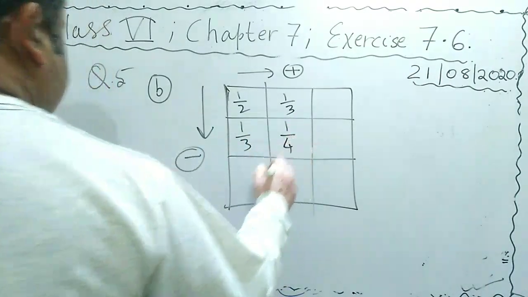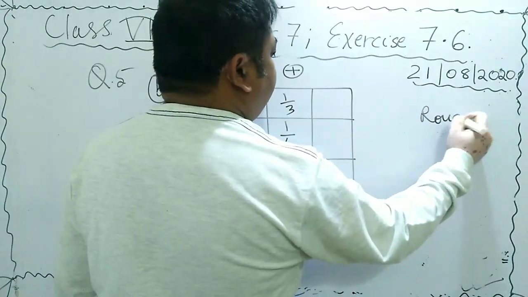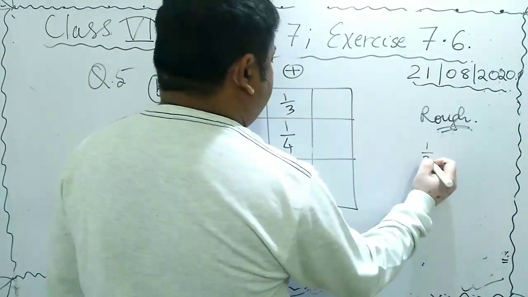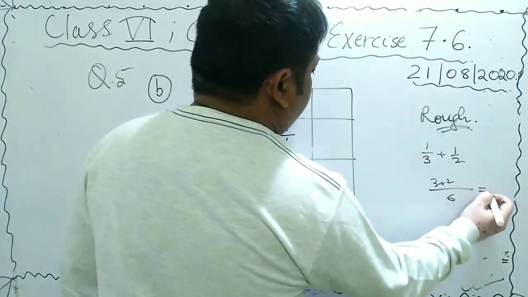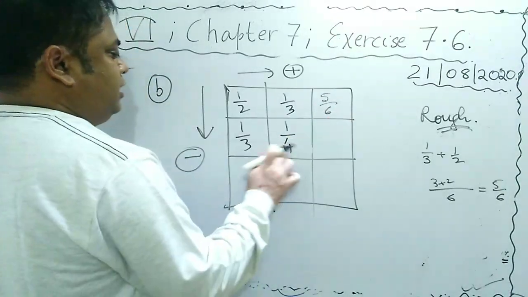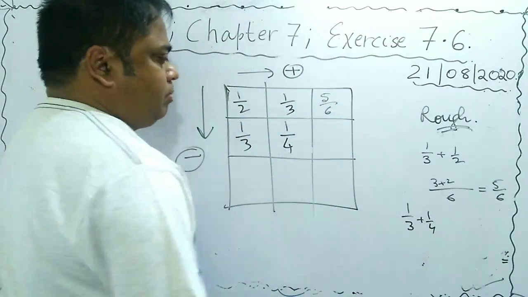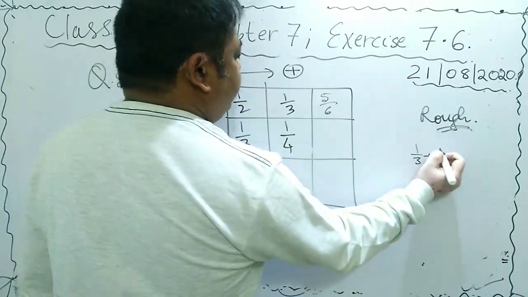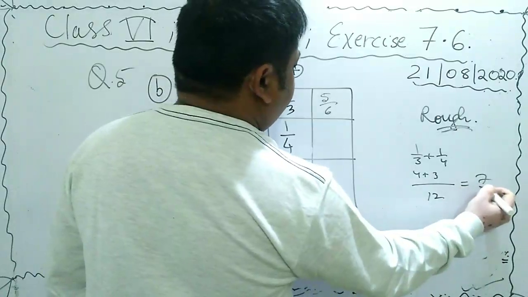पहले वाले क्वेश्चन में डिनोमिनेटर सेम थे, अब डिनोमिनेटर डिफरेंट हो गया, यानी कि हमें रफ वर्क करना पड़ेगा यहाँ पे थोड़ा. इसे अब इसे ऐड करेंगे तो क्या करना होगा 1/3 प्लस 1/2. LCM will be 6. This will become 3 plus 2 will be equal to 5/6. So we'll write 5/6. इसी से ऐड करेंगे तो क्या होगा 1/3 plus 1/4. LCM 12 आया, this will be 4 and this will be 3. 7/12.